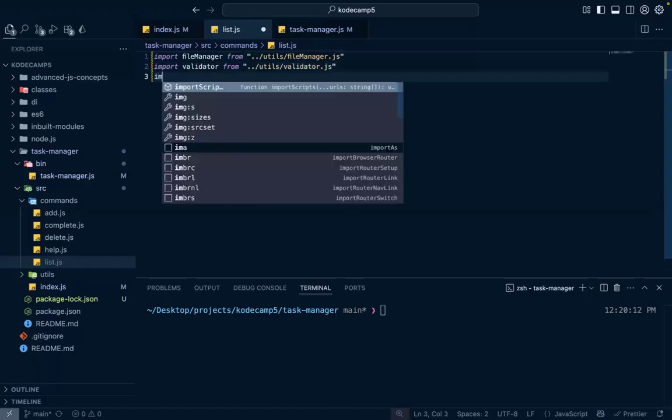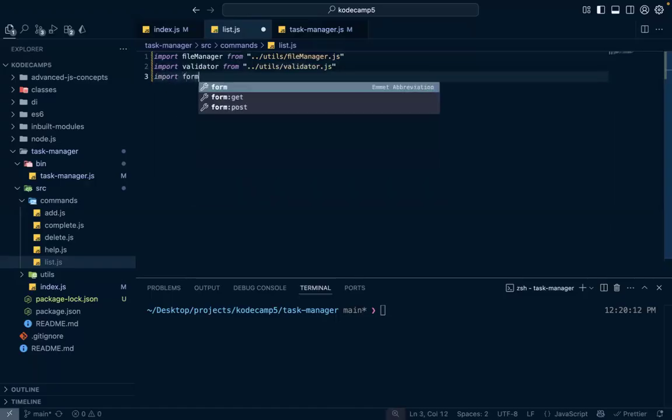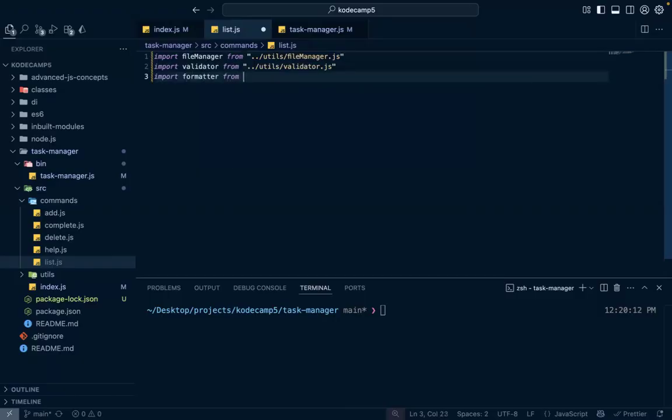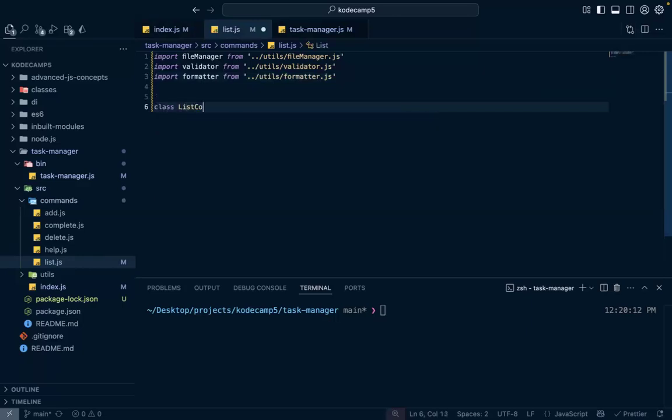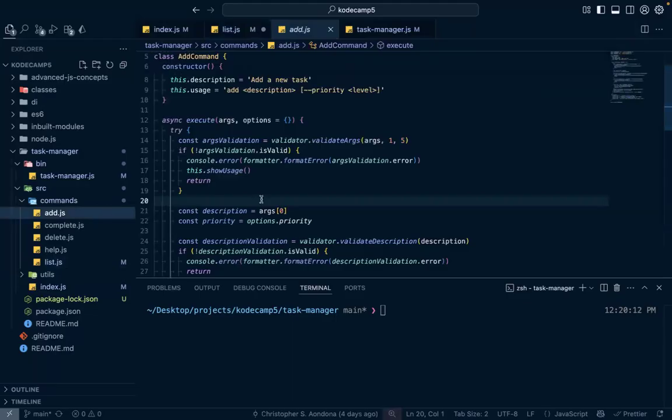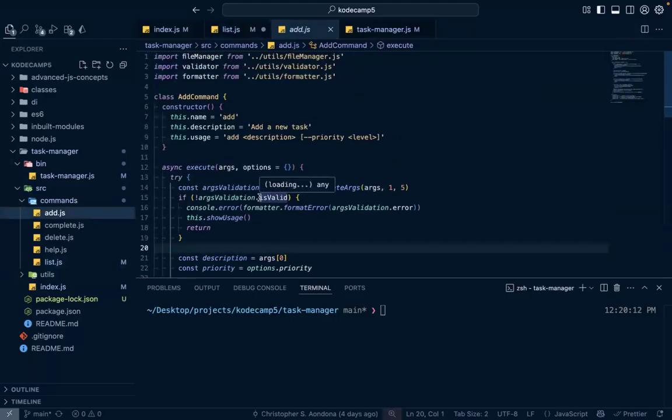And we can also import our formatter. Formatter from utils formatter.js. So what else do we need? We need a list command class, list command. And in the constructor, the same way we did with add. Okay, so